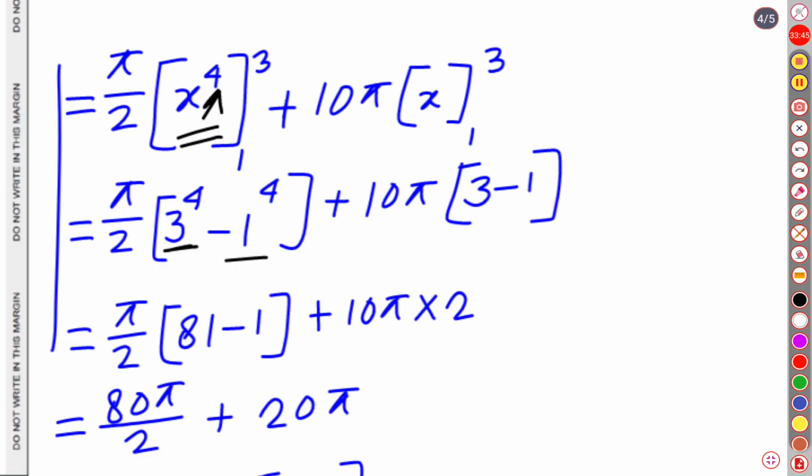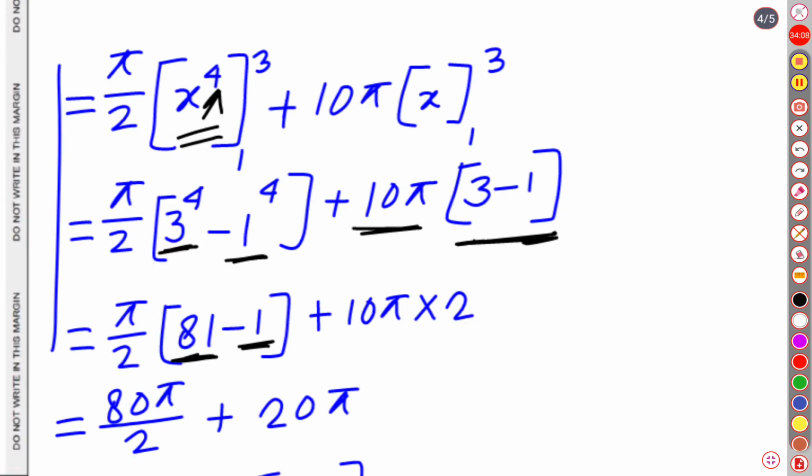We should find the difference between these two values. So when x is 1, 1 raised to 4 plus 10 pi, then x is actually 3, the upper limit 3 minus the lower limit. So what is it going to be? 3 raised to 4 is actually 81, and 1 raised to 4 is 1, plus 3 minus